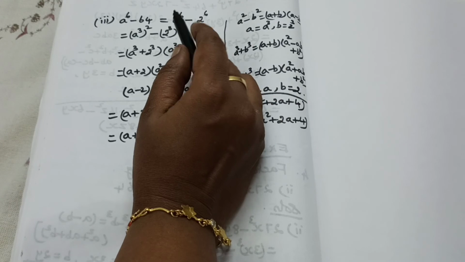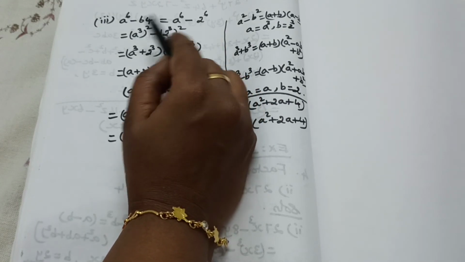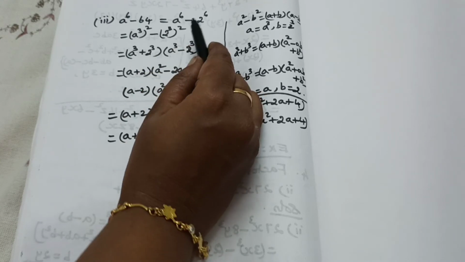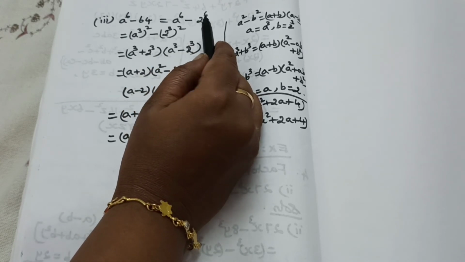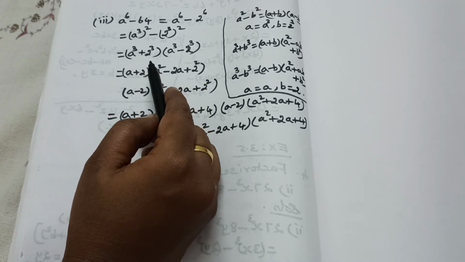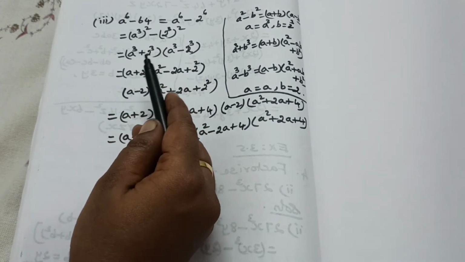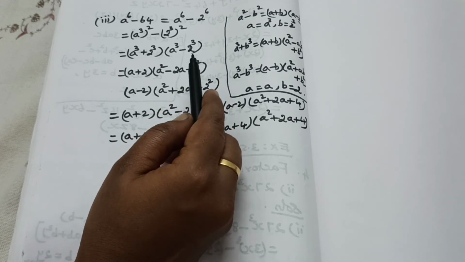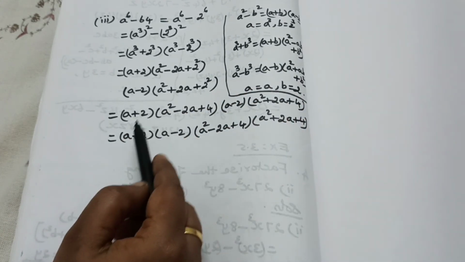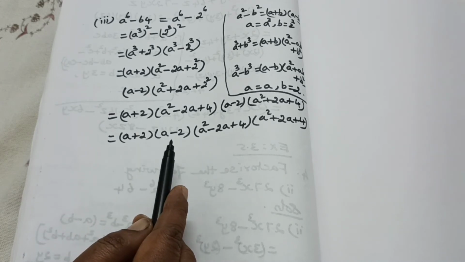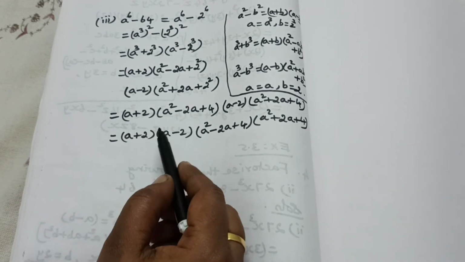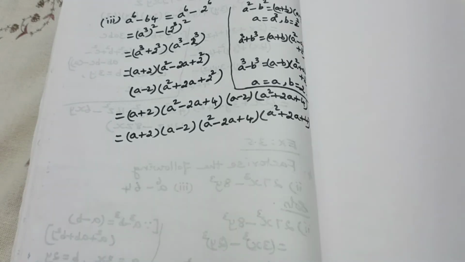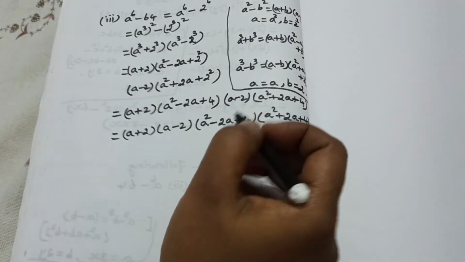Have you understood this one? First one, a power 6 is given, so which formula do we have to use? The a square minus b square formula. This one a cube the whole square, write it. This one 2 cube the whole square, write. Then afterwards a cube plus b cube into a cube minus b cube, and we have to apply those two formulas here, and then we get the answer. These are the factors. Can you reduce this again? No, isn't it?